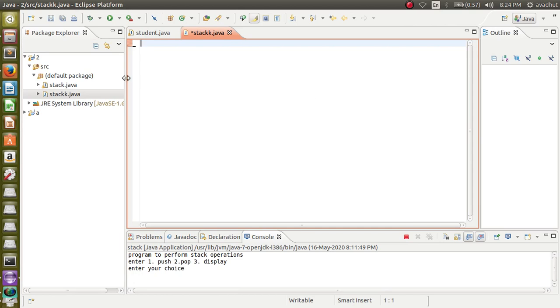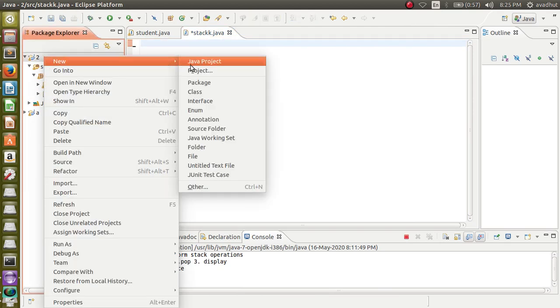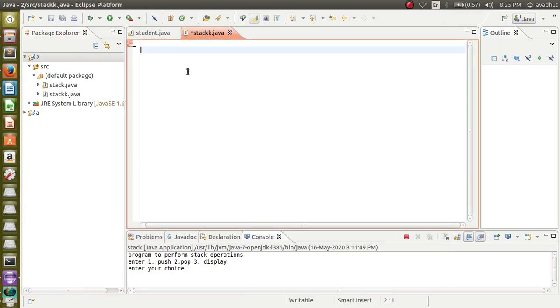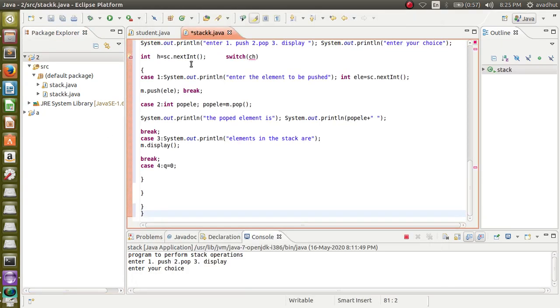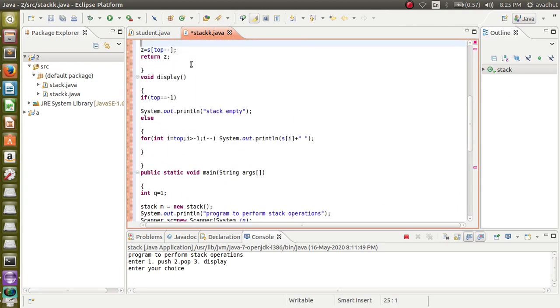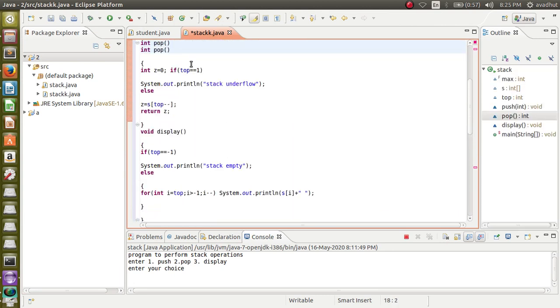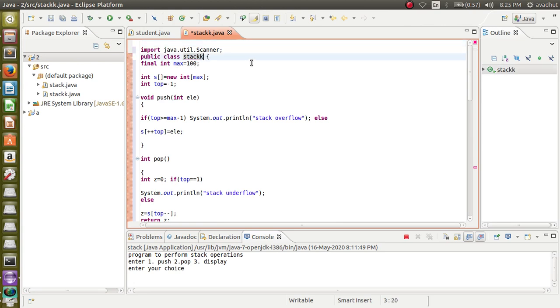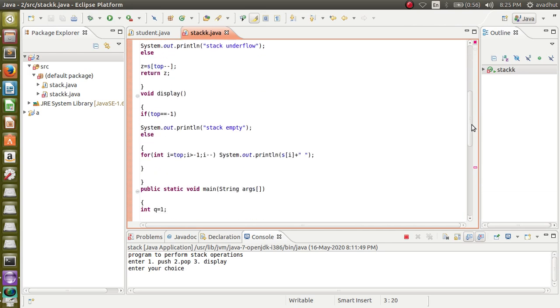The name of the class was already existing, so I have created a new class here called stack k.java. How did I do this? Just click on the new project, new and class. Here you have to give the name of the class, like that I have given here, and we are writing a program here. So let us change the name of the class, since we are changing the name of the program. Here the name of the class will be stack k, because here stack k is the name of the class. So let us save this one. After saving, let us see if there are any errors.